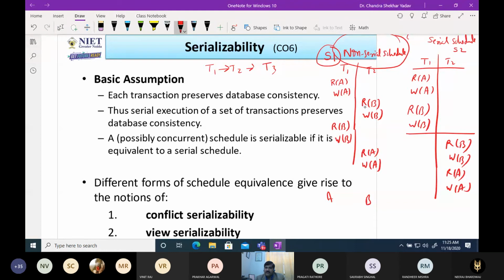So if you have any non-serial schedule and we find a serial schedule of that non-serial schedule which gives the same result, then we will say that this non-serial schedule always keeps the database in a consistent state. So a schedule is serializable if it is equivalent to a serial schedule. Now we can say that this S1 is a serializable schedule.